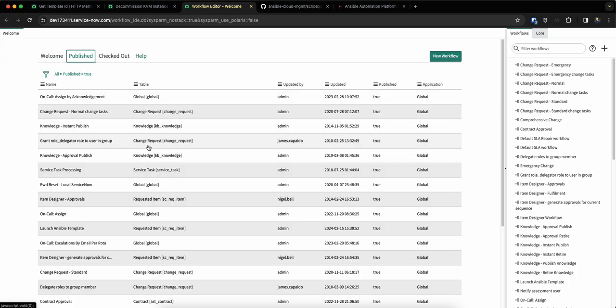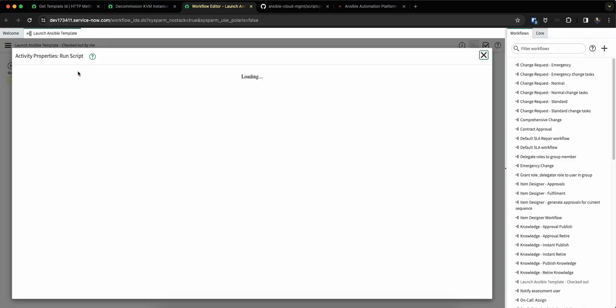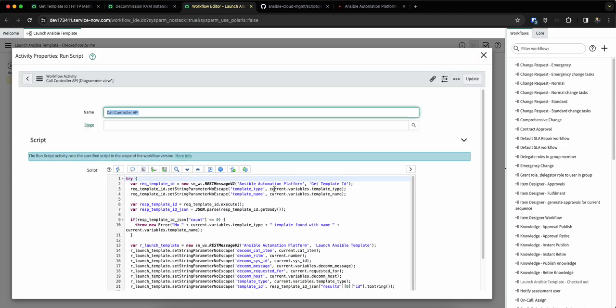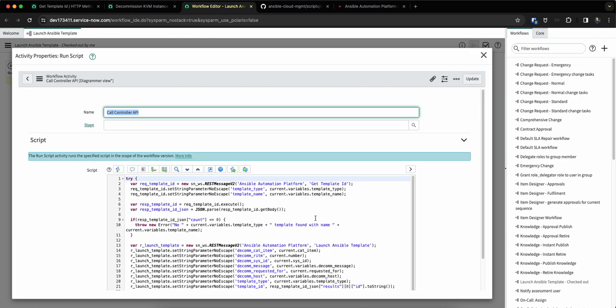And then I'm going to find my launch Ansible template here. If you have it published, you can go ahead and click check out if you need to make edits. I've already updated this one, so I'm just going to show you all what this looks like. This is where the meat of the changes were made. In a previous iteration, you would have only had that initial single REST message call that you're making to launch the template. Now you can see that we have an initial one to actually get the template ID. It's going to use the template type and template name, get details about that particular template,